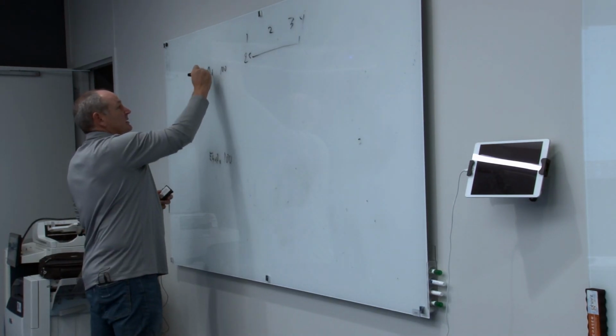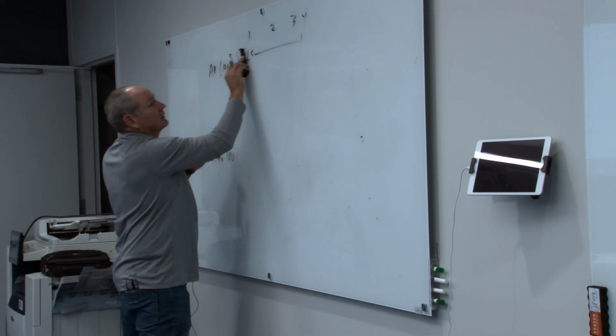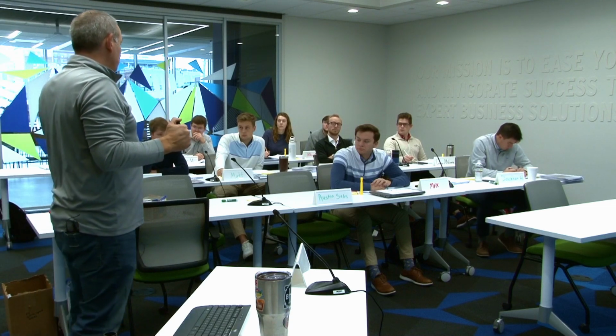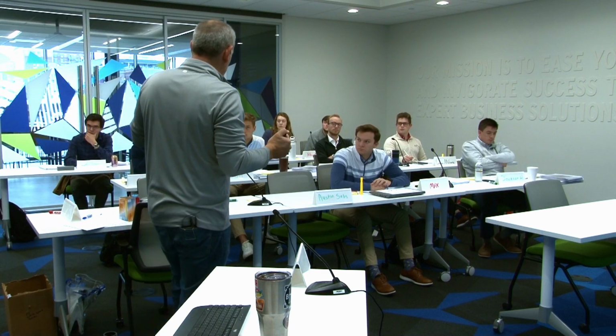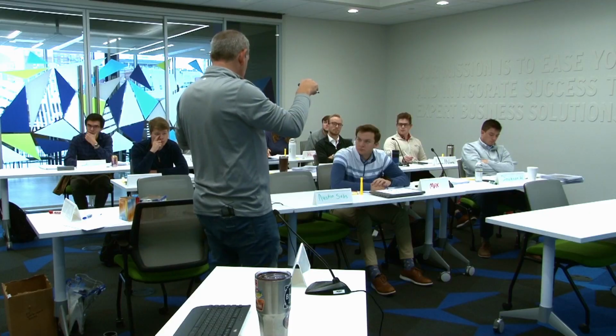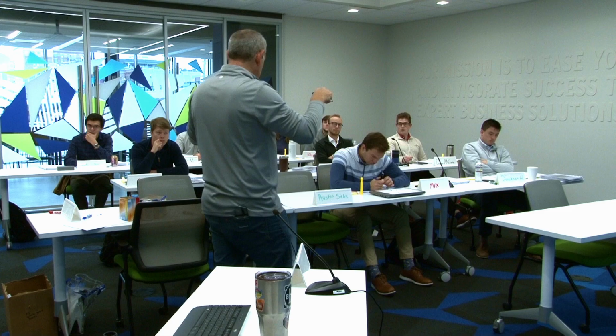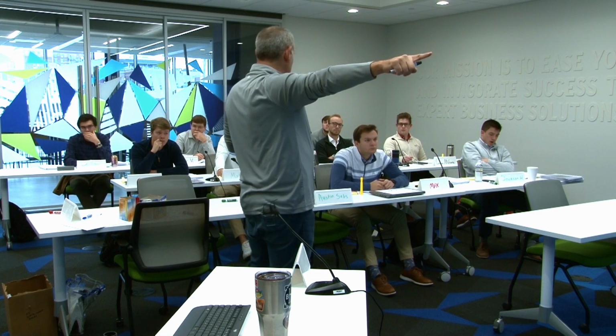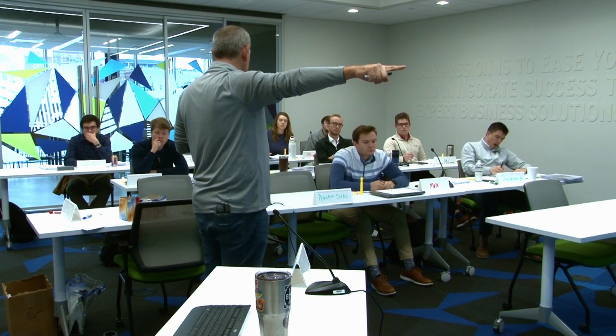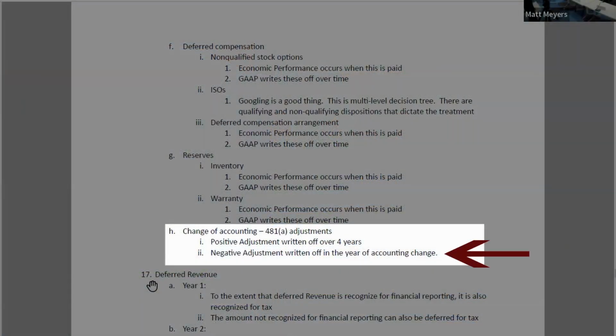to say this is AP. What's the rule up there say? Well, the cash basis. How much deduction have we taken, Connor? None. If we were on the accrual basis, how much would we have taken? 100. So now we have to do the variance, correct? So what's my variance? 100. So what's my rule say? A negative adjustment. Written off in the year of accounting change. So we would have one M1 in year 1 of $100.